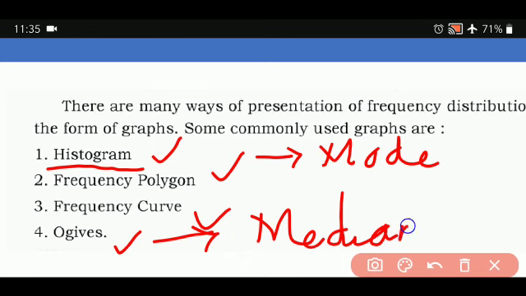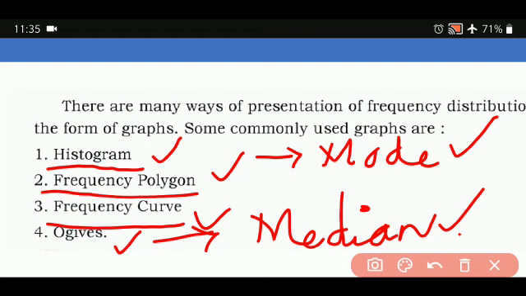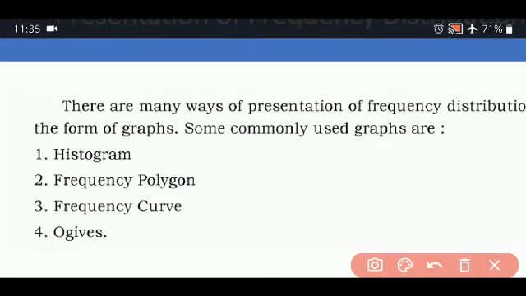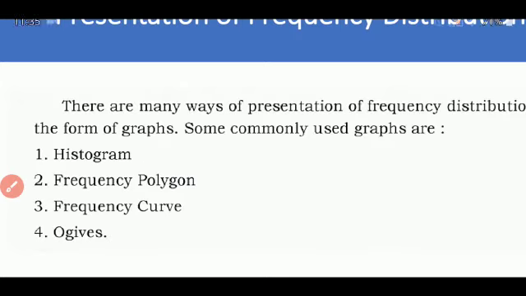This can be a 1 mark question, children. Remember, the measure you can locate graphically through the histogram is the mode, and the measure you can locate graphically through ogives is the median. So remember that, and they are also very easy. The best thing is to take a graph book and solve the examples to perfect yourself. Now we will see one by one what these different types of graphs are. First we are going to deal with the histogram. What is a histogram?